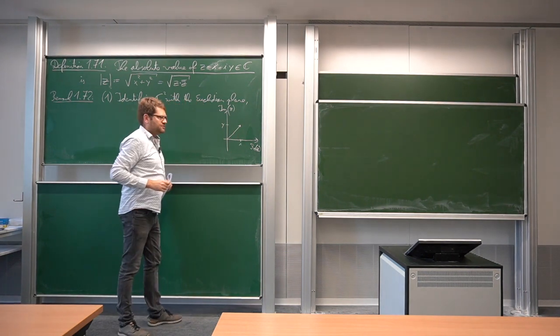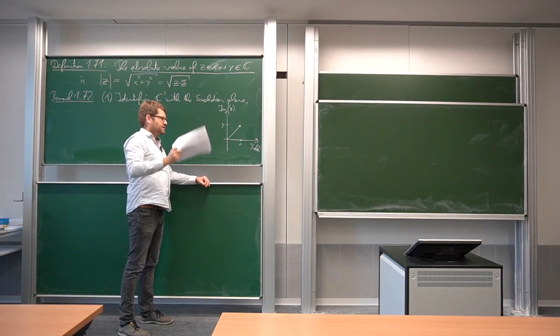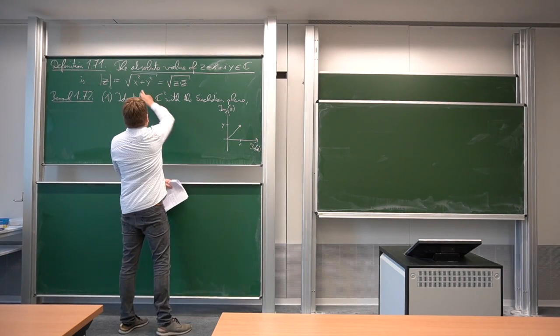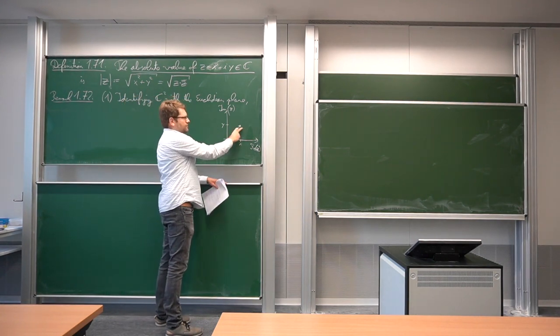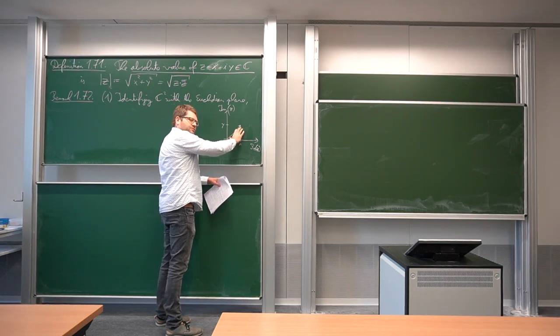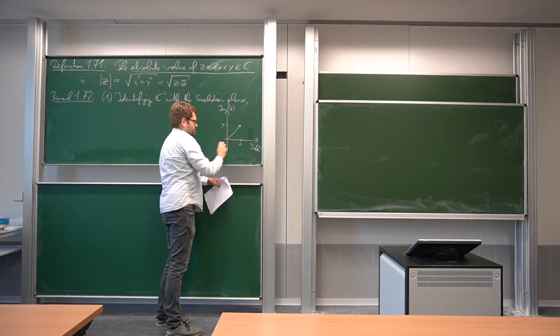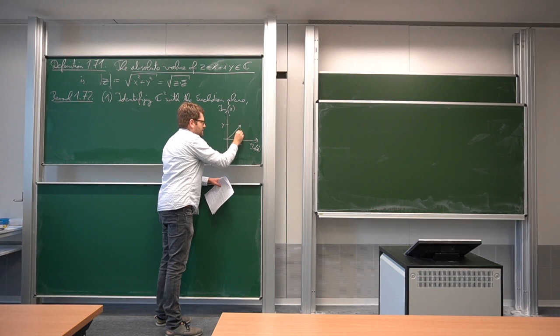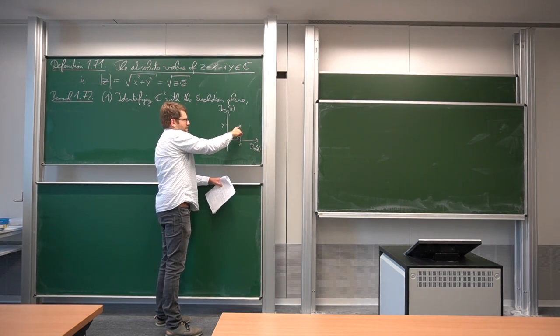And if you take a look at this, everyone of you has seen vector addition in R2 and so on. This value here, the square root of this, is just the length of this vector, if we see this as R2, with the Euclidean metric and so on. So this means the length of this vector, this is what we define as the absolute value here. You can see that this has the same length. If you haven't seen this construction yet, if we draw a line here, this is a right-angled triangle, and so the length of this is by